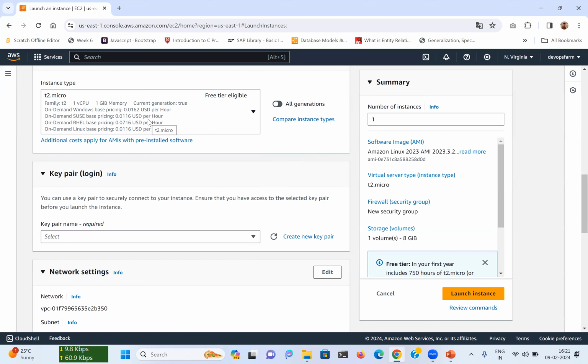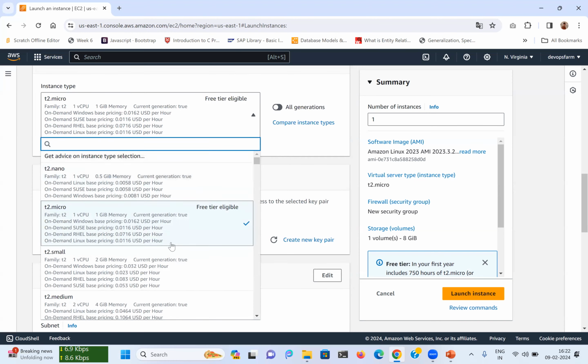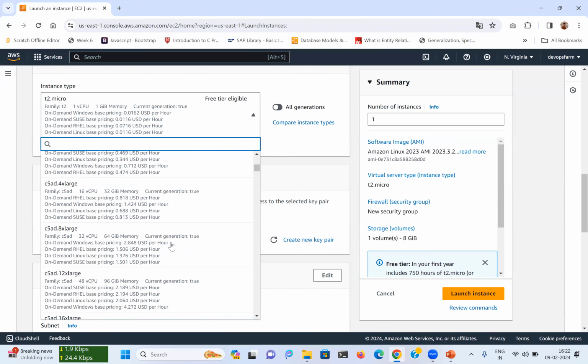If you are learning AWS, the very first thing is to create your account, which will provide you free tier access. AWS runs a program called free tier access, where it provides some services free of cost for learning purposes. But only a few instance types are available, and one of them is t2.micro. If you choose t2.micro, you will not be charged. But if you go with a higher version, you obviously have to pay.